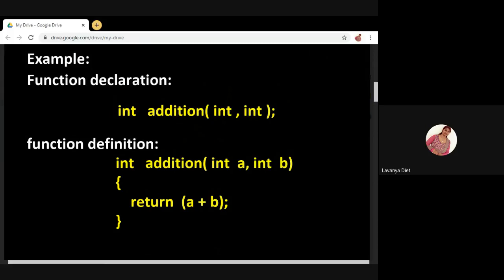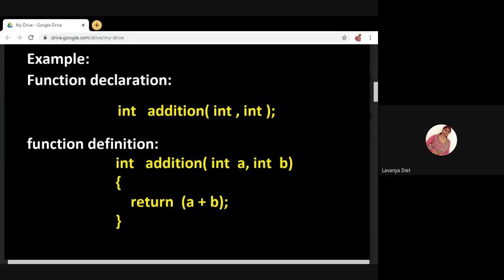If you specified int comma float, it is not matched to the second argument or second parameter, so the compiler will generate errors. Remember that function name must match. In function declaration and function definition, the function name must match and the return type also must match, and the number of arguments or number of parameters.